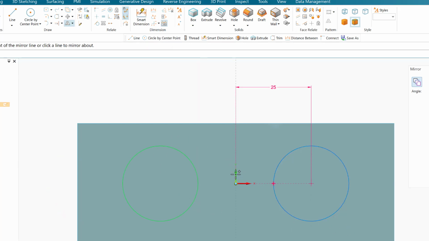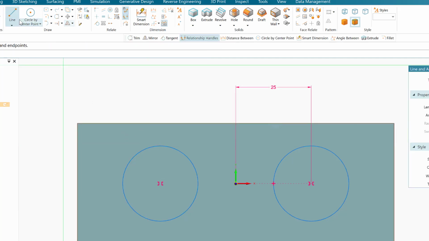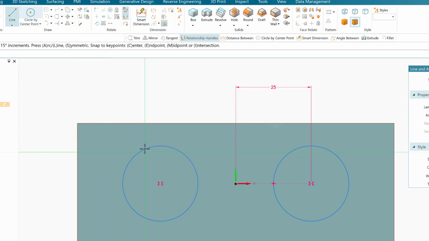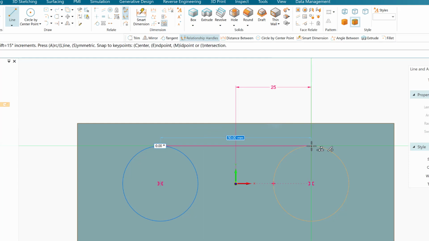Okay, this is a mirror circle, and the mirror is around this axis. So now I have a mirror of the circle. The next step is to draw the tangent. So I get the line and I'm going to draw the tangent. Come closer to the top and draw the line, drag it with you till you see the two symbols,